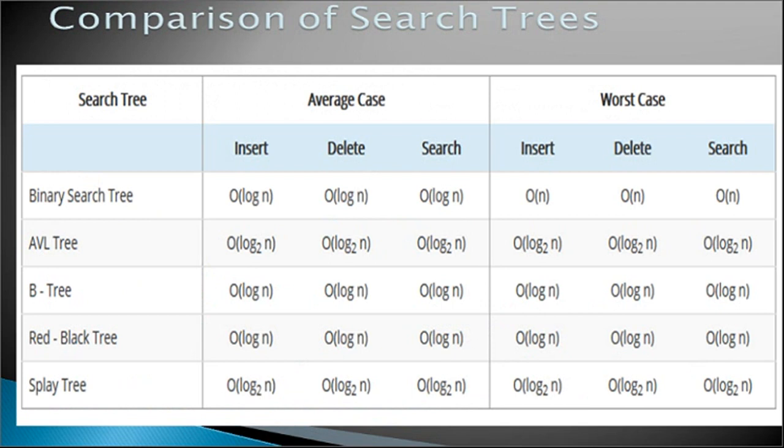Now we can compare splay tree operations with other trees. So splay tree is like this. It is having average case order of log n for insert, delete and search operation. Similarly, the worst case has the same complexity over here. For BST, for insert, delete and search we are having worst case order of n. For other trees we are having order of log n. So that is the main advantage of other trees over the binary search tree.